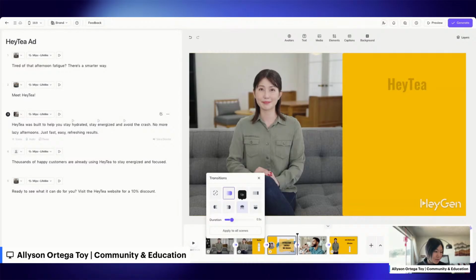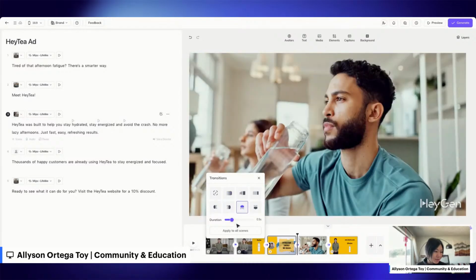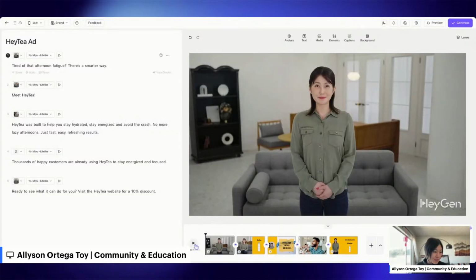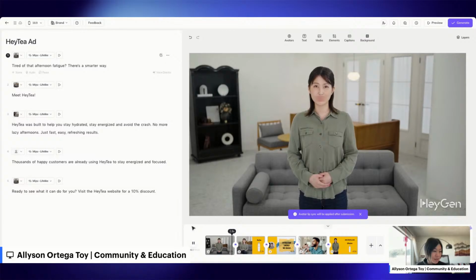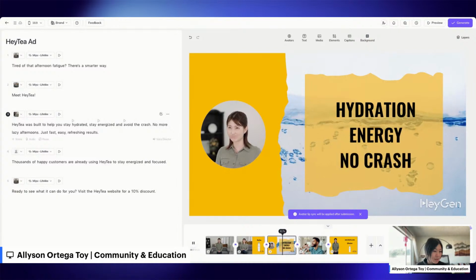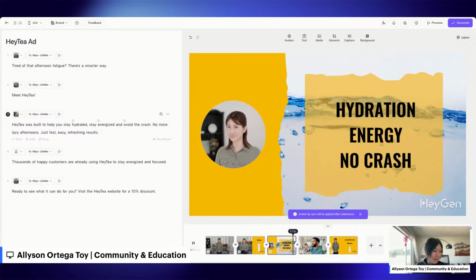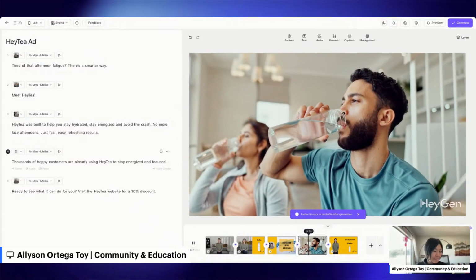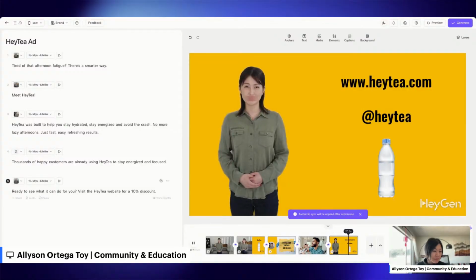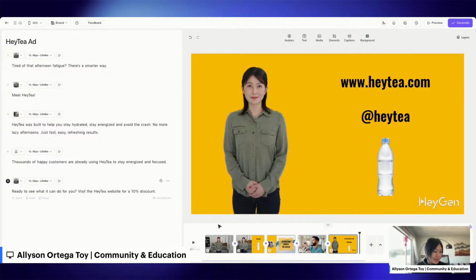So let's say I'll do a fade up for this one, and I'll apply it to all of my scenes. So let's see what that looks like in practice. Okay, not bad. So as I was playing through, I feel like all of my scene transitions and my animations looked good,